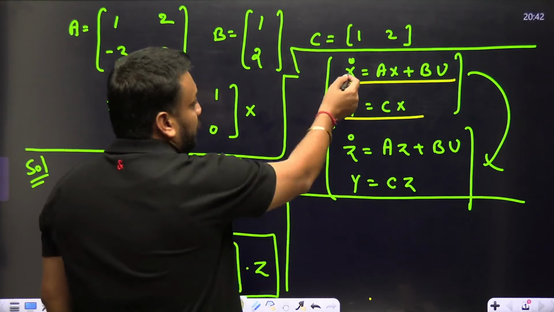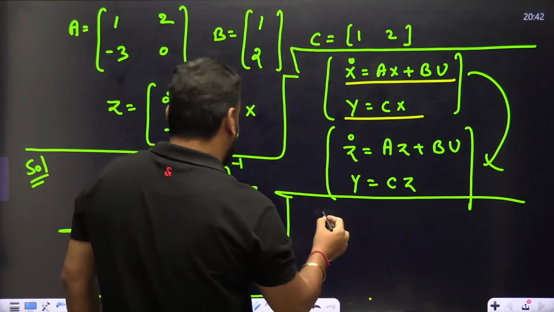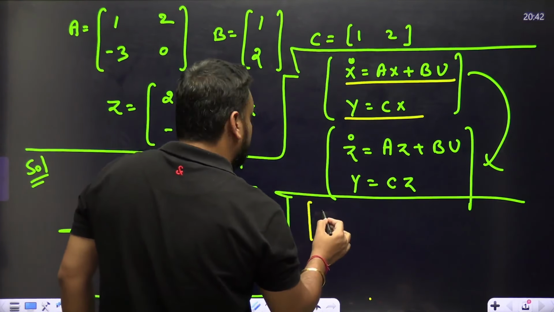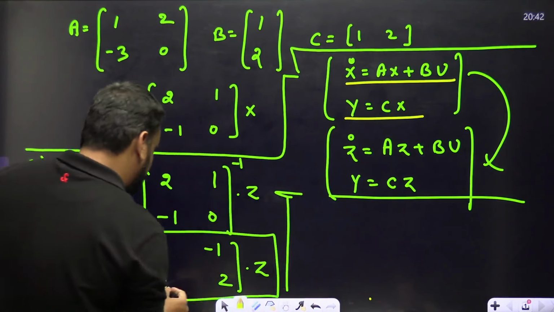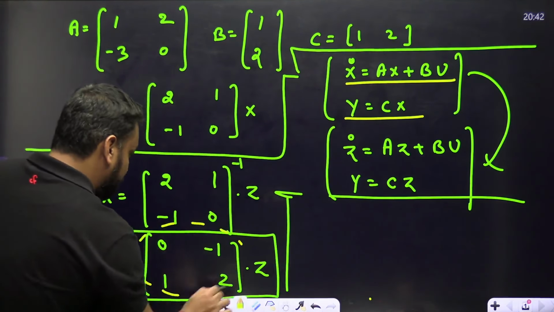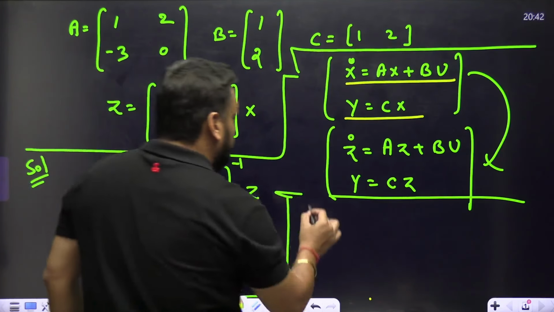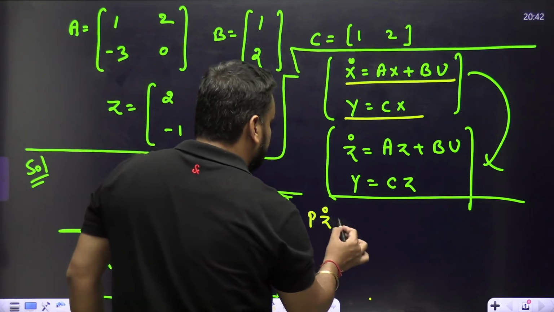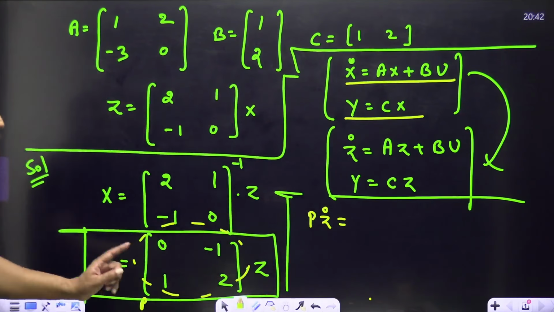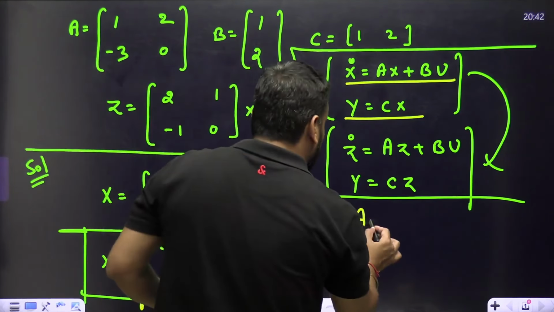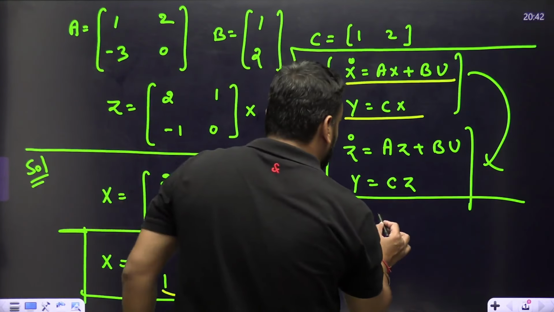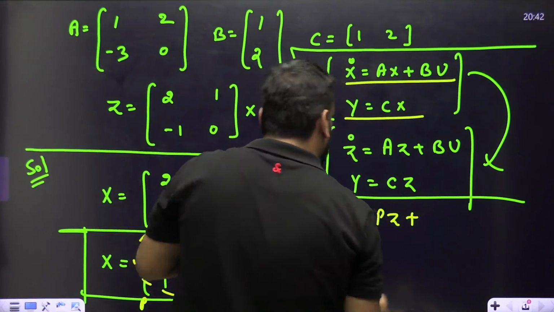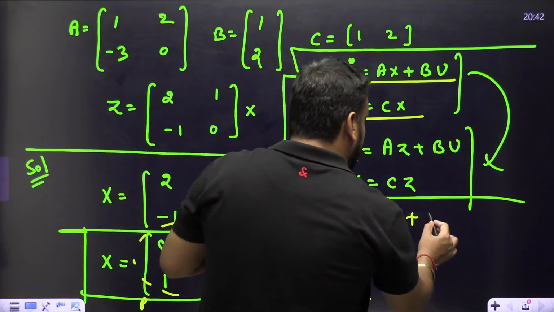तो मैंने यहां पे जब उसको डिफरेंशिएट किया, तो ये मैट्रिक्स एज इट इज आएगा, जिसको आप बोल रहे हो 0 1, या अगर मैं इस पूरे को p मान लेते हैं अभी के लिए, तो क्या लिखूंगा, मैं लिखूंगा p डॉट z डॉट इक्वल टू a इंटू x की जगह लिखेंगे आप p इंटू z प्लस यहाँ आ जाएगा b।